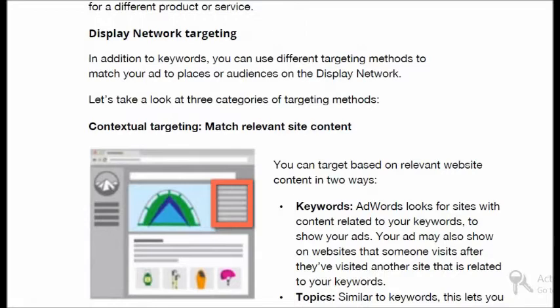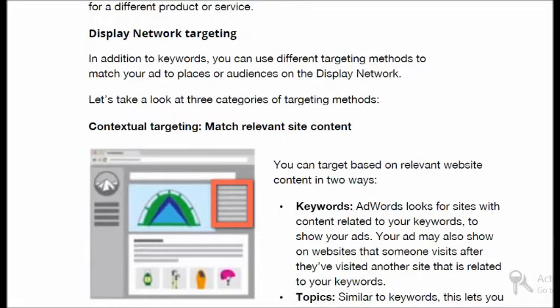If you want to cut the cost and target precisely, you have to choose the exact match keyword type. We can even use negative keywords to avoid extra expenditure.